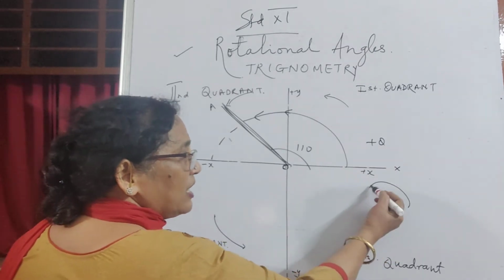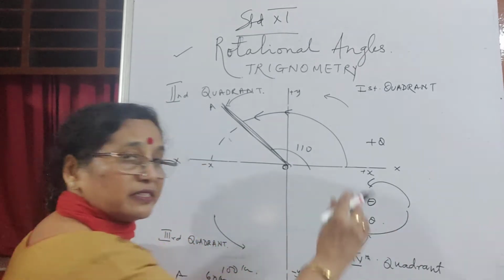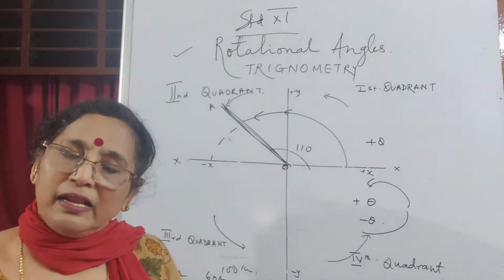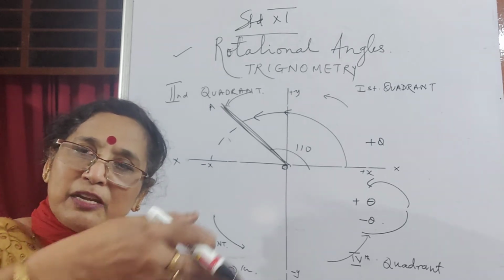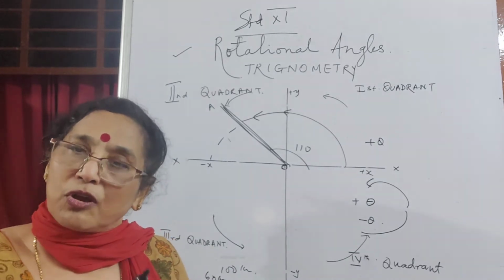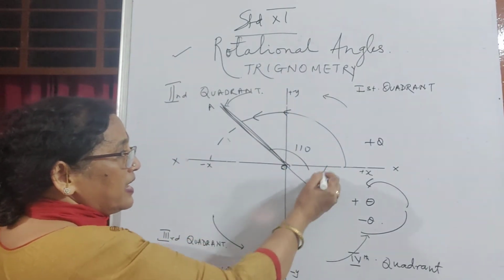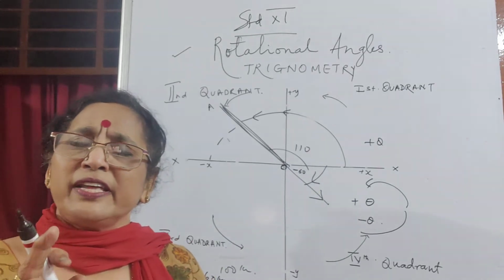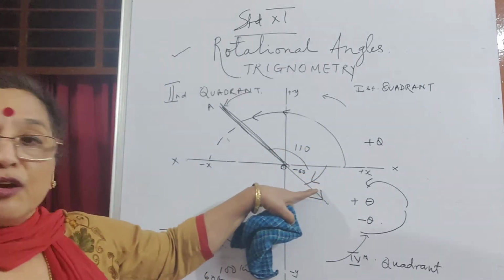If I move anti-clockwise, it is plus theta. If I move clockwise, it is minus theta. So that means the negative and positive is for direction. Rotation means we are going round. Therefore, plus 60 is anti-clockwise 60. Here I am, and minus 60, here I am, in this direction. So this is minus 60. The minus is only for direction. Magnitude-wise, whether I am going clockwise 60 or anti-clockwise 60,